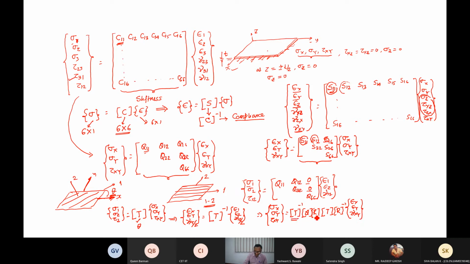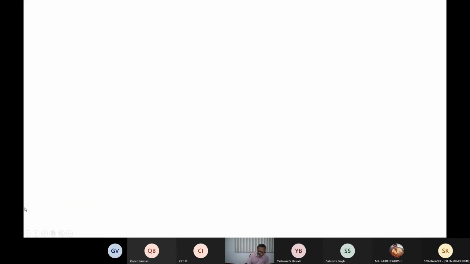Now this T is a function of theta. Q is this Q matrix, which is the reduced stiffness matrix. R is, of course, only the numbers 0, 0, 1, and 2. And therefore, this whole thing is actually a function of Q and theta. This we call the reduced transformed stiffness matrix. This we call Q bar, which is nothing but